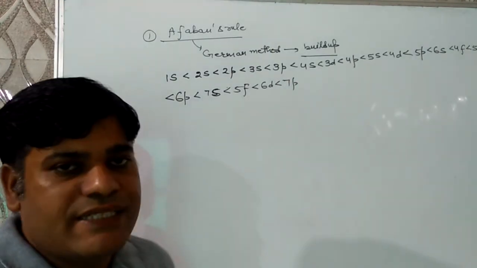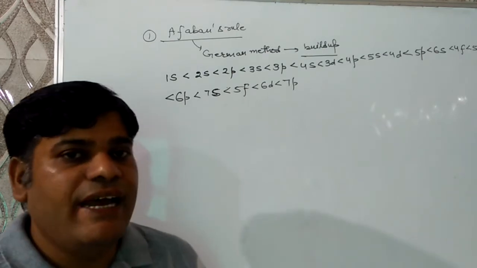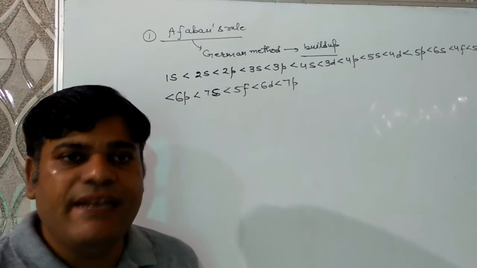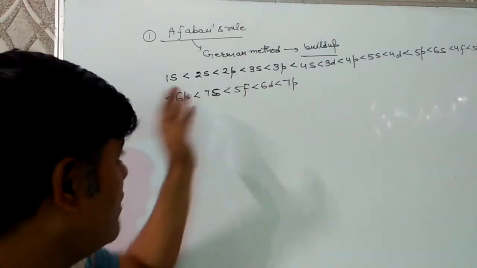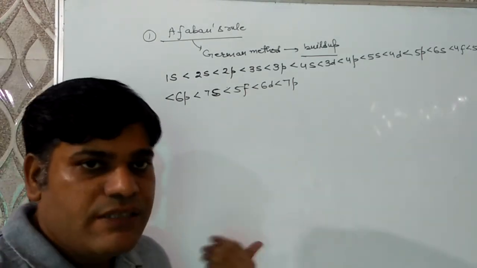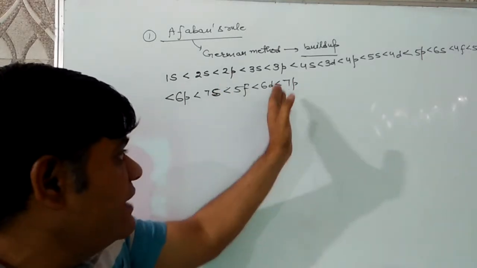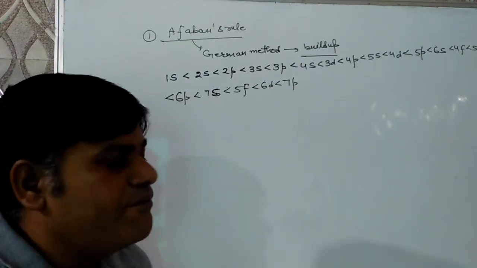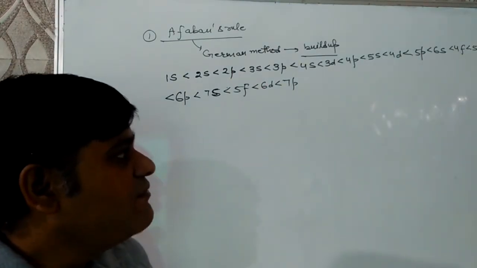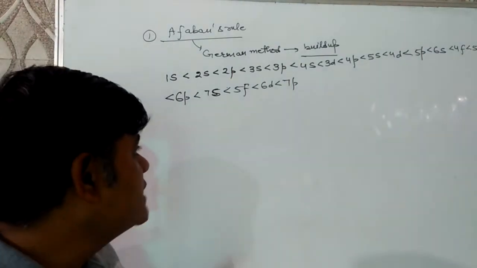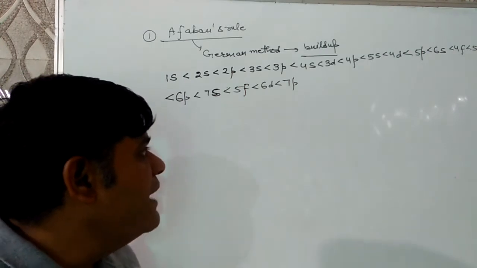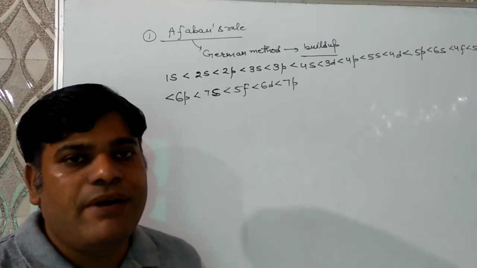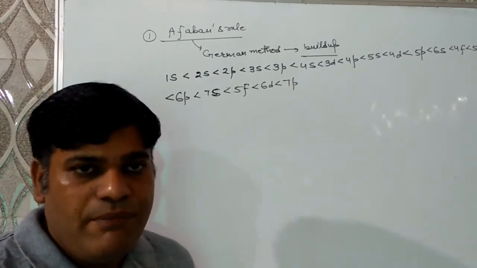The above principle, the Aufbau rule, states that the filling of various atomic orbitals will take place in increasing order of energy, and that order is 1s first of all, then 2s, 2p, 3s, 3p, 4s, 3d, 4p, 5s, 4d, 5p, 6s, 4f, 5d, 6p, 7s, 5f, 6d, and 7p. And this order can be remembered by use of two methods.